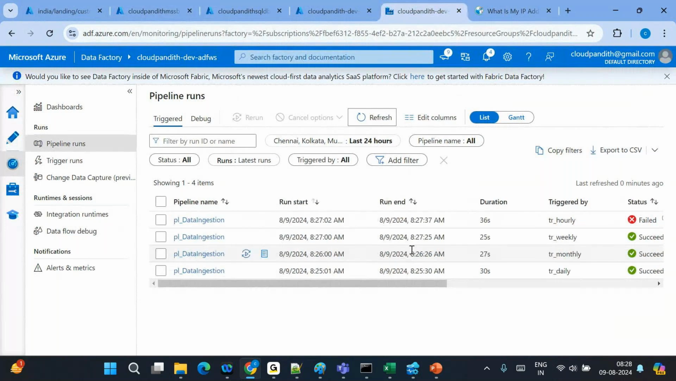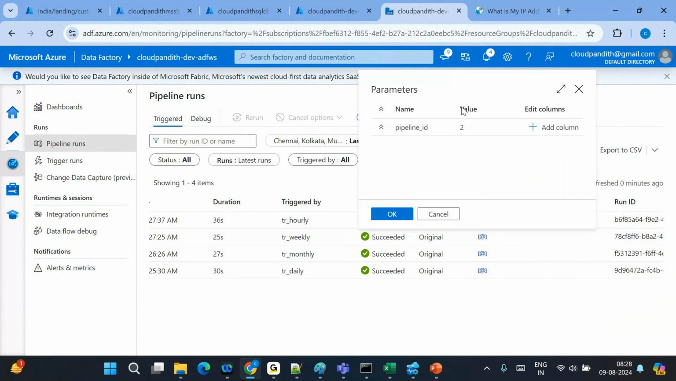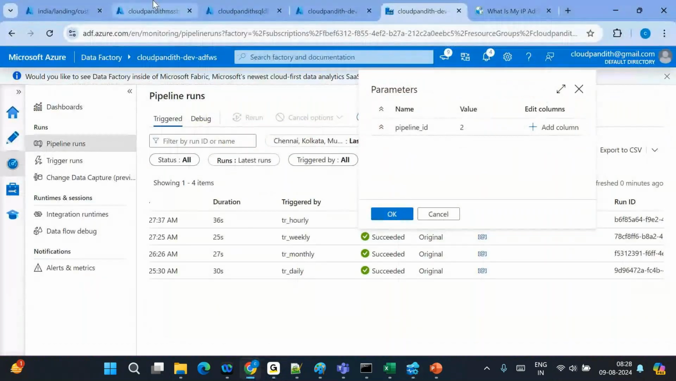But let's see the other pipeline, which is pipeline ID 2. Pipeline ID 2 is succeeded. Pipeline ID 2 is blob to blob. So blob to blob is staging to branch slash CSV data. Sync container is